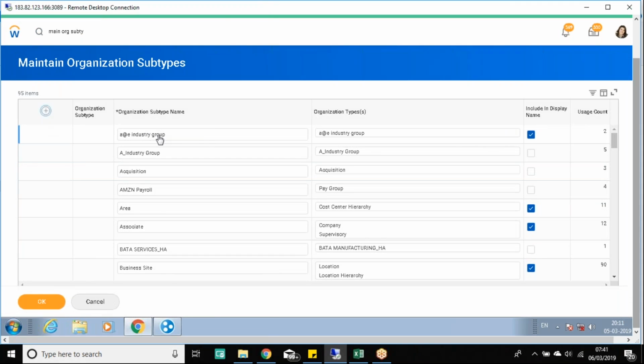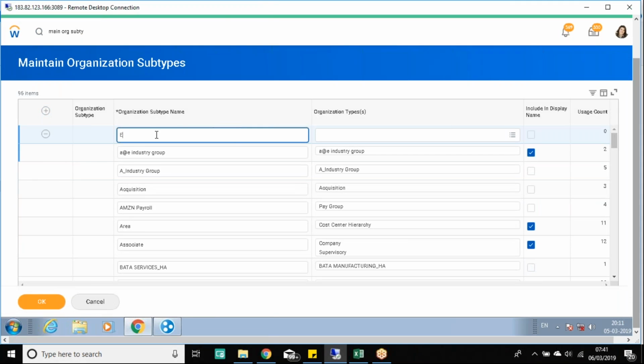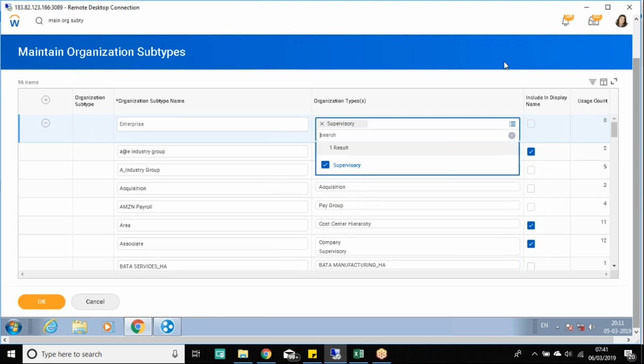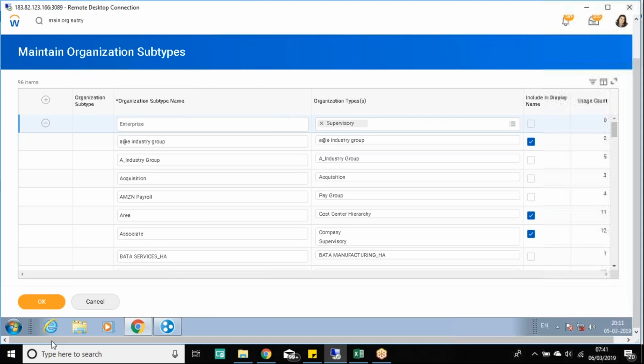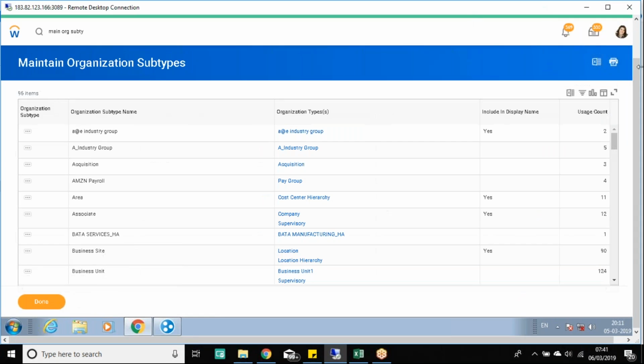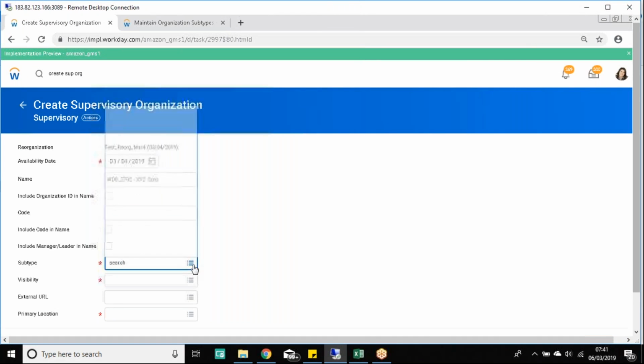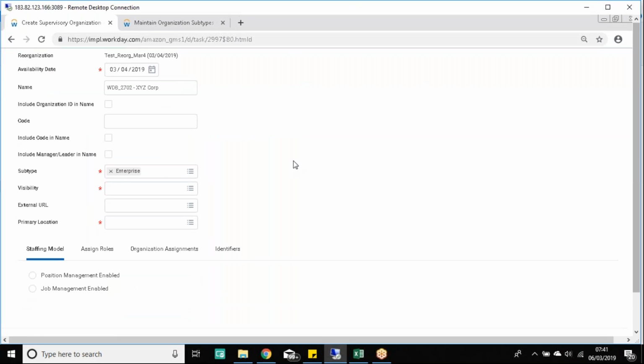Let's say I want to add enterprise as you just mentioned, right? It is relevant for my organization type called supervisory, right? And that is it, right? Now when I create, I'll have to refresh it. Okay, got it. So now this is my top level supervisory org and I have defined it as an enterprise,